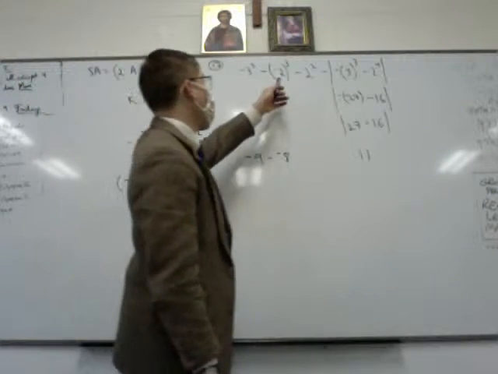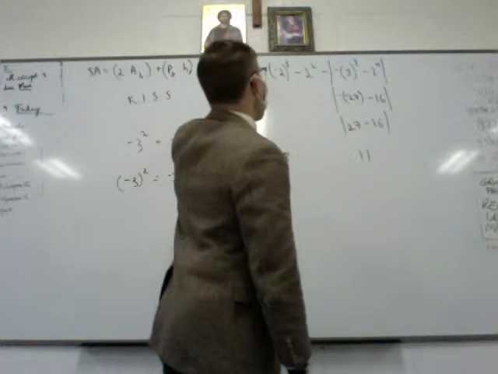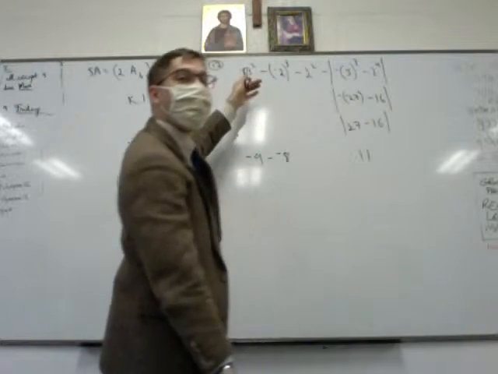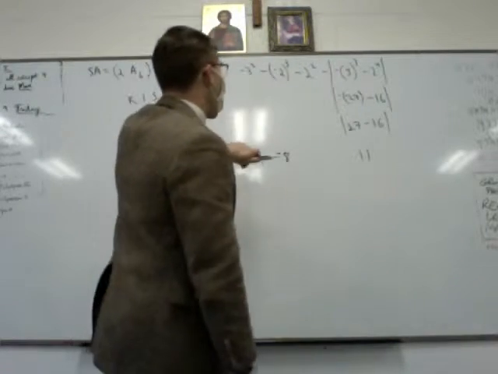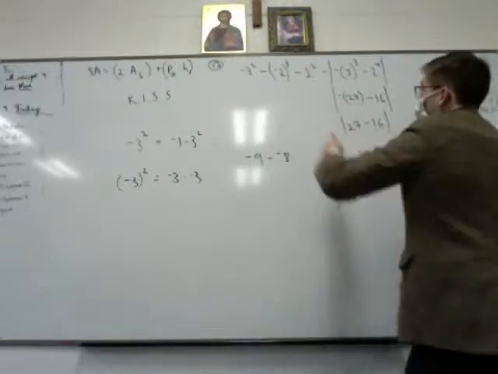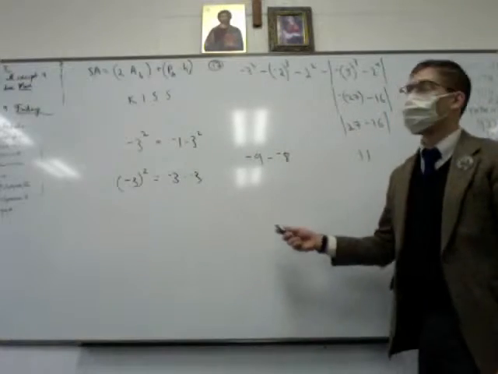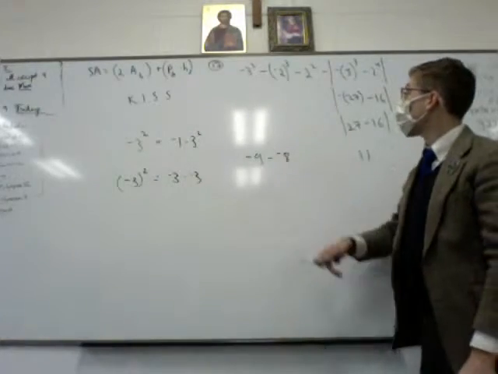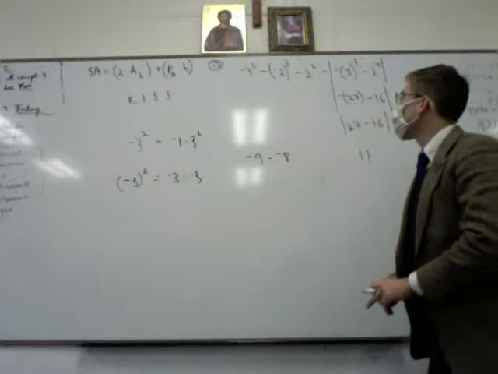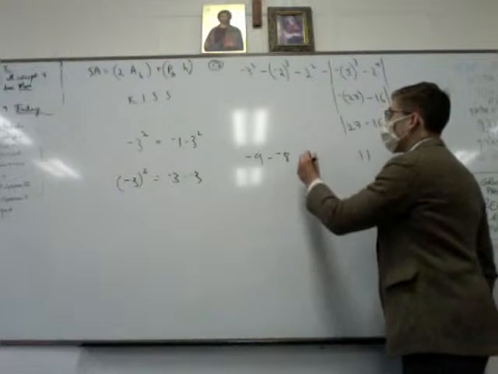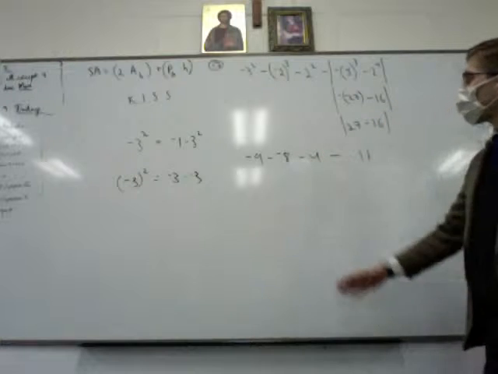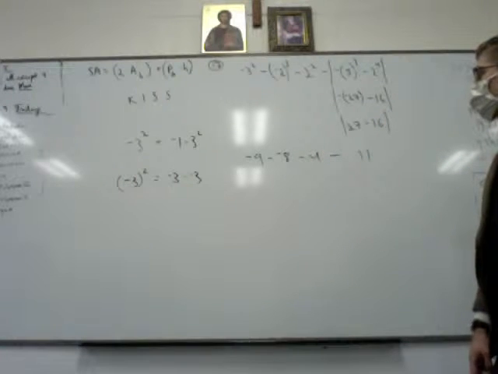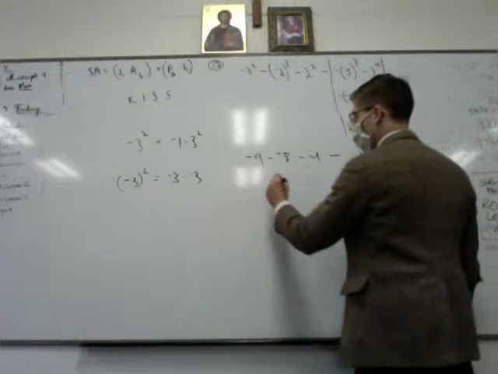So with this one here, we just square the 3 first, the exponents. Then the negative sign is actually a type of multiplication, so it comes after, so we get negative 9. Now this one, there are parentheses, so we cube the negative 2, we get negative 8, so it's minus negative 8. And then what happens here with this set of exponents? It's going to be negative 4, minus 4. These are all connected with subtraction, so it's going to be -9 plus 8 minus 4 minus